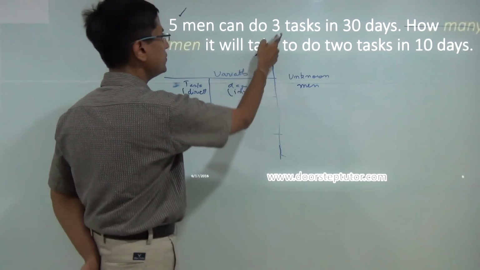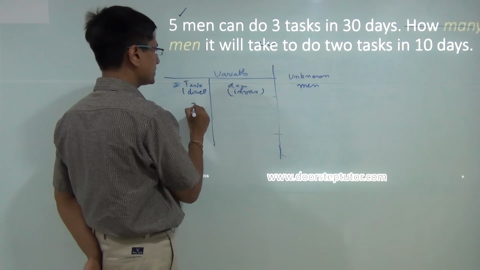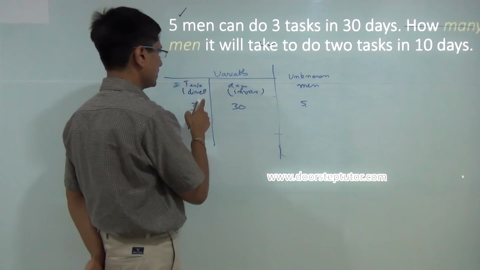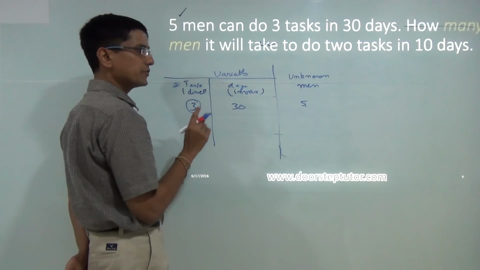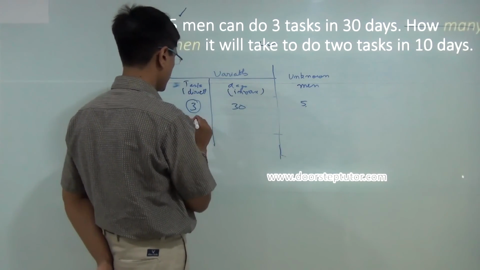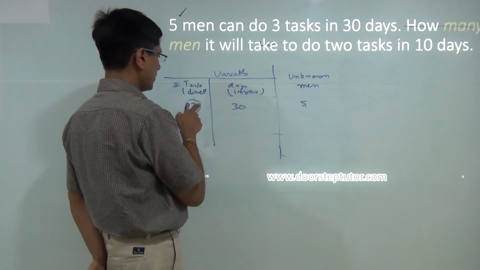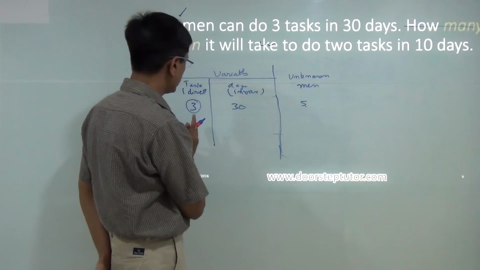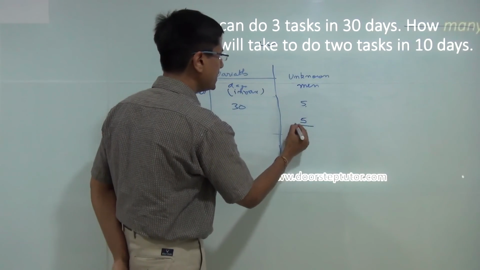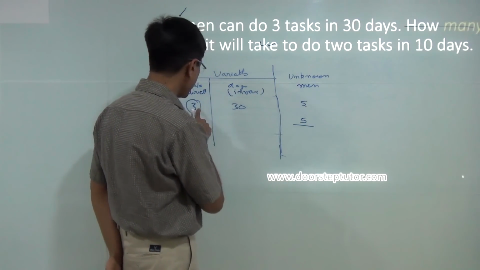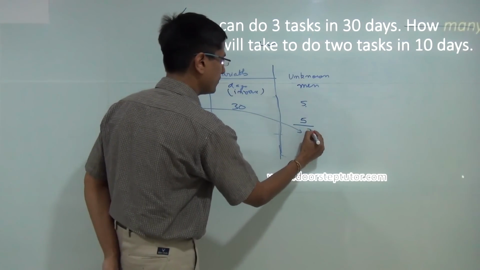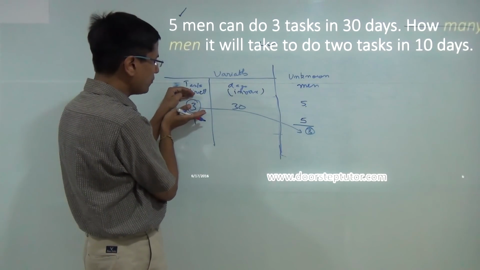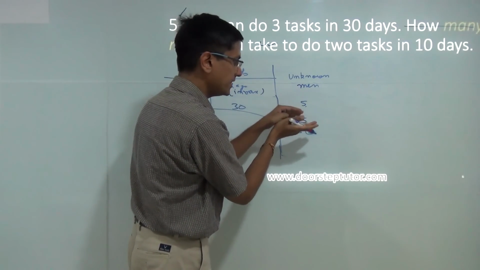Right. So there is one direct, one inverse. Now let's put in the values. 3 tasks, 30 days, number of men 5. For the direct relationship, I'll circle the values just to make it very clear where things are going. Here I say if I had to complete only one task, obviously if the number of tasks reduces, the number of men can also decrease, it would reduce proportionally. So this 3 comes here at the bottom. In case of a direct relationship, in the second row, the value from the first row comes in the denominator.